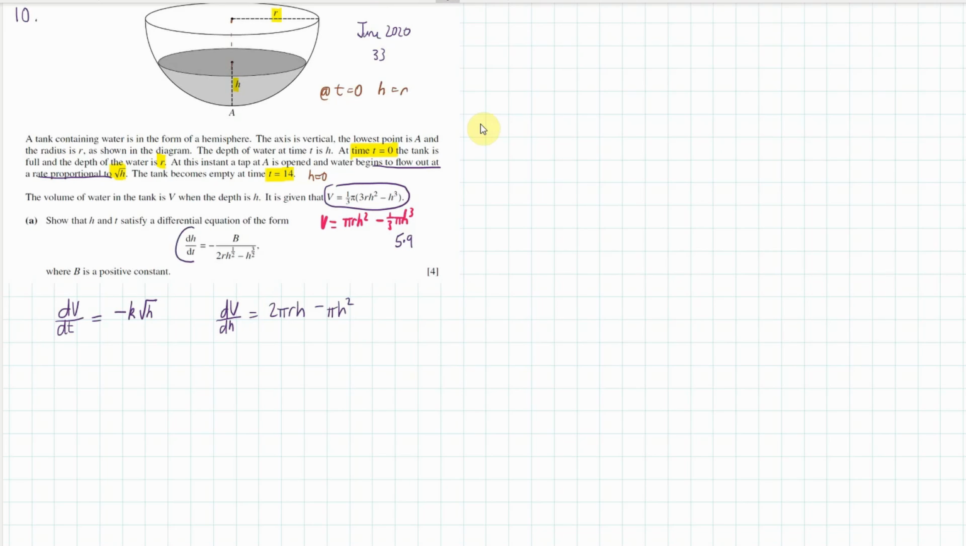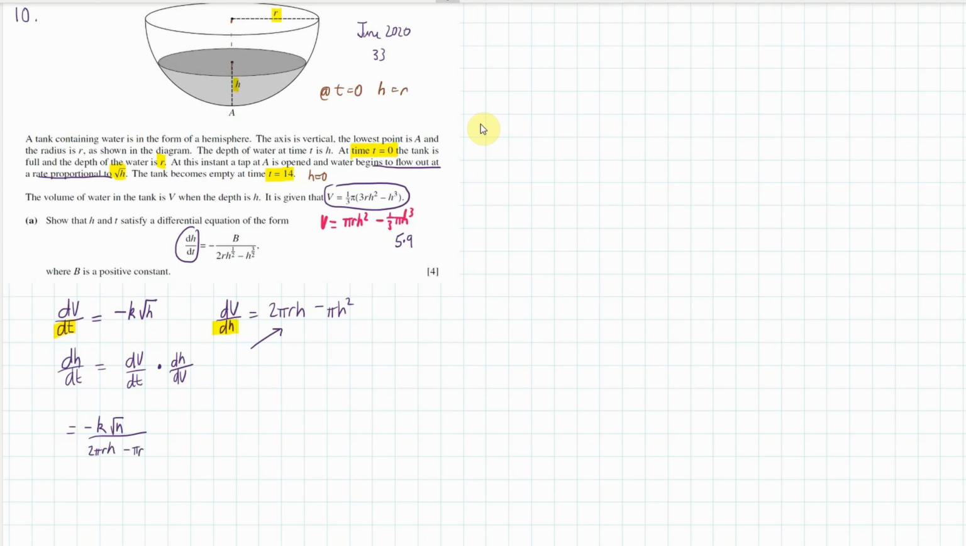At this point, I'm looking at trying to form this, and I can see I've got a dH here and a dt here. So I'm thinking that dH/dt should be equal to dV/dt by dH/dV. So I'm going to need to do the reciprocal of this one here. So I should get is equal to, let's have a look, minus K square root H all over, and then I'll have this one here, the dV/dH, which I've done the reciprocal of, on the bottom,